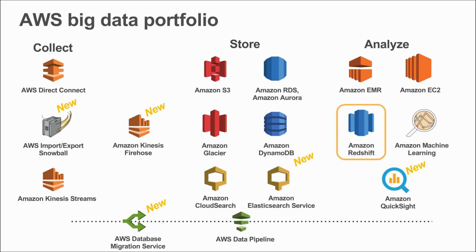Of course, there are many other ways to collect data in terms of third-party tools, tools you might be familiar with using in your data center today. So this is not meant to be an all-inclusive listing, but just give you a sampling of some of the native AWS services to assist that use case. As well, if you see at the bottom, we have a service called Amazon Database Migration Service. This allows you to not only go from your database of choice, such as MySQL on-premise to MySQL in AWS, but in the case of Redshift, we recently launched support to be able to go from Oracle and Teradata databases directly into Redshift. So once I've established my pattern for collecting the data, I then have multiple ways to store